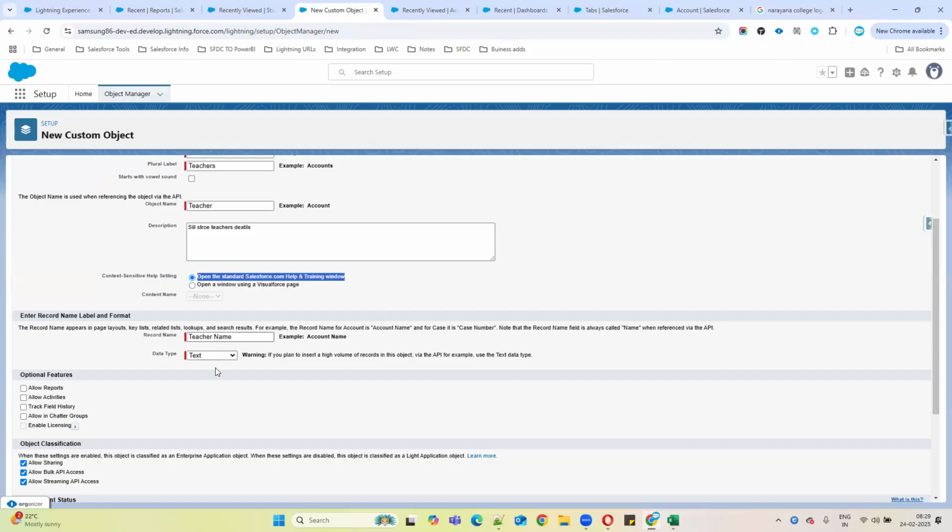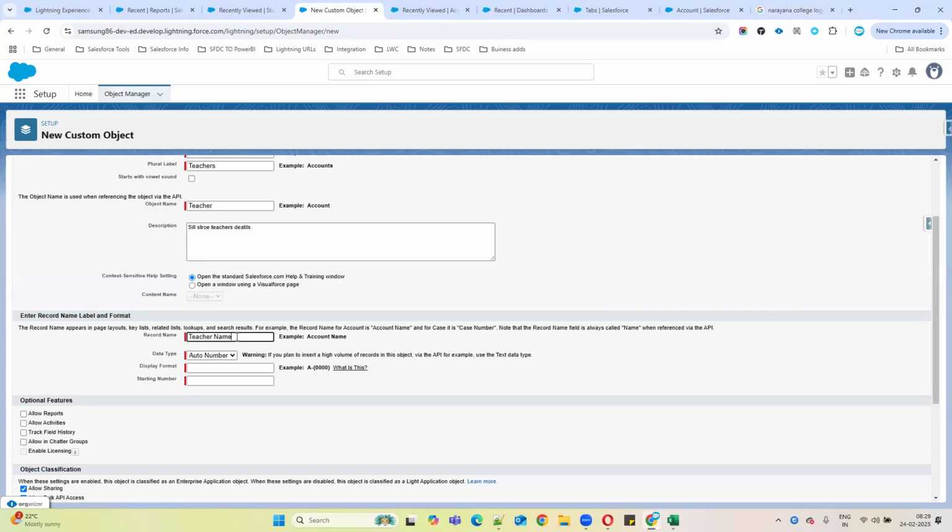Then here, what are the options we have? How many different types can we create here? What are the other options available here? Only text? No, sir. Auto number, of course. For example, for auto number, what name can we give? Teacher ID. Instead of name, auto number, and you can give Teacher ID. Format: how to display this format? You can select. For example,